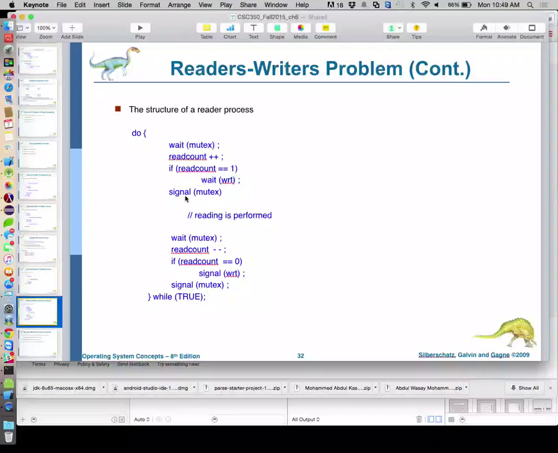Okay? Then what are we going to do? We're going to signal the mutual exclusion semaphore. Okay? So what does mutex do? It protects a new reader coming in when the file is currently being modified. That make sense? It's not preventing readers from getting into the system. We can have as many readers in the system as we want. Okay, we're not preventing readers, but we are holding on to readers, saying, wait a second, now you're allowed through while the writer finishes writing the file. So any new reader is getting the updated version of the file if there's currently a writer working on the file.